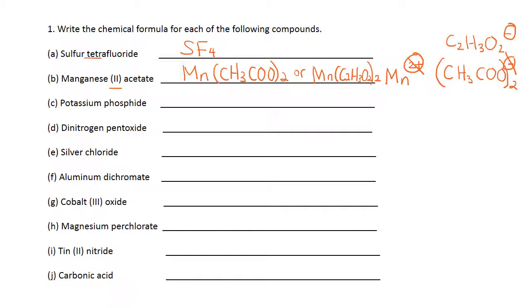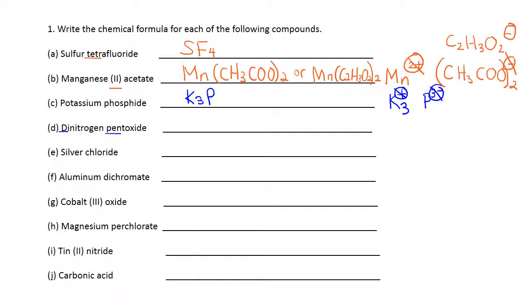Let's do the next one, potassium phosphide. Potassium is in group 1. Notice there is no Roman numeral for that because we should know potassium is +1. And phosphide comes from phosphorus, so that's going to be P, and the charge for group 15 is going to be -3. Okay, so again, you need to sum them and make them equal to 0. This is not, so you need 3 of this potassium ion to balance that out. So the chemical formula becomes K3P.